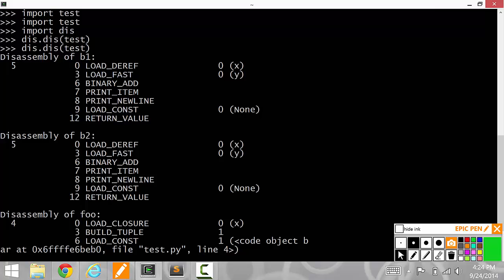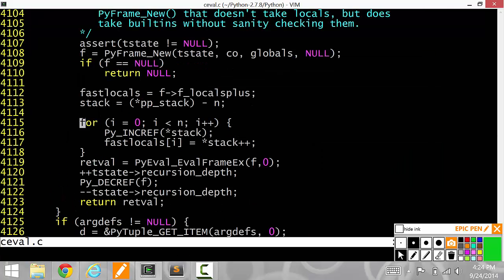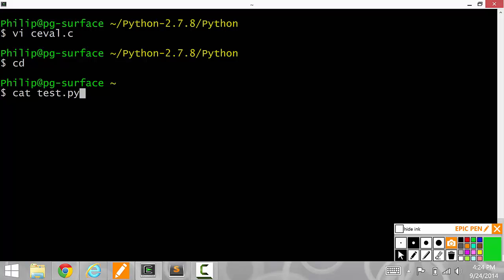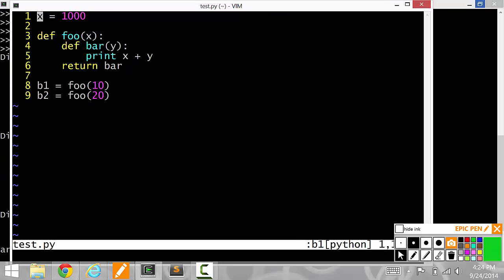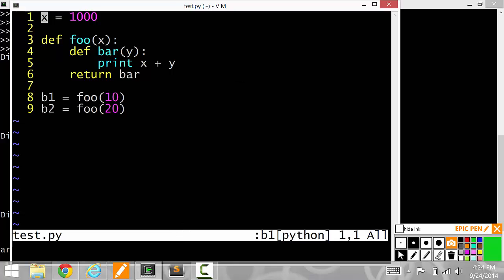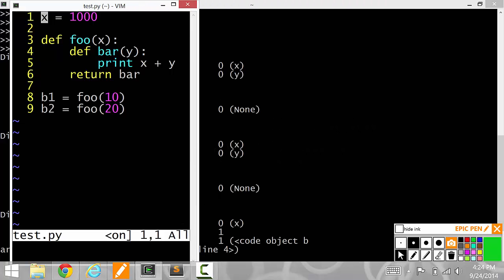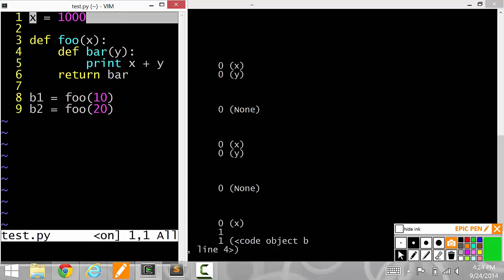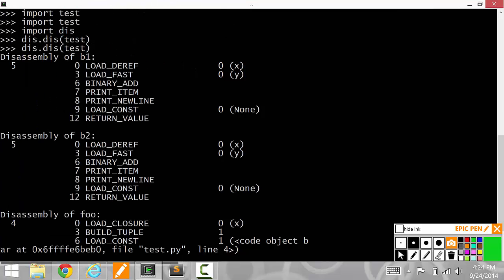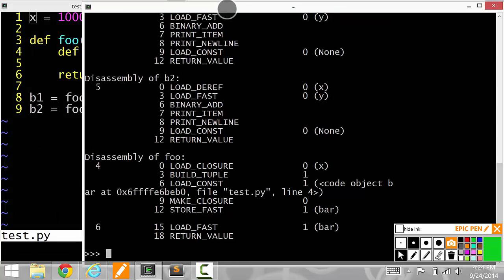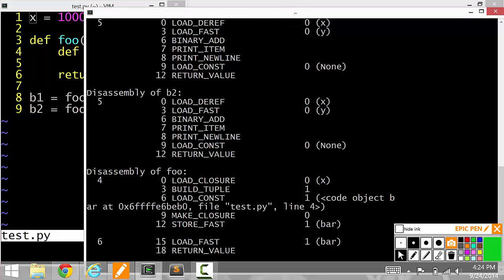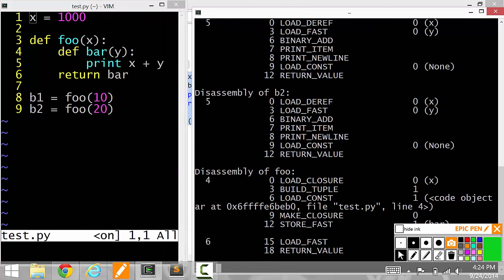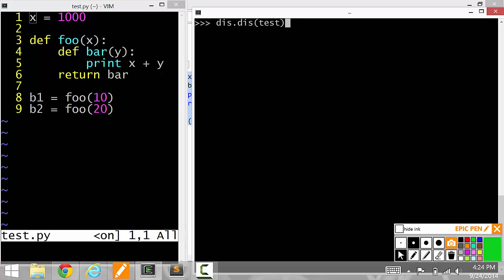So let me pull up the code again because it might be confusing if we don't see the code. So remember, this is the code that there is actually a global x. There's a nested function here. I'm going to just move these a little bit. You can all see it. Oh, yeah, Windows snaps to place, unfortunately. Okay. Now, the thing's a little bit too small, but